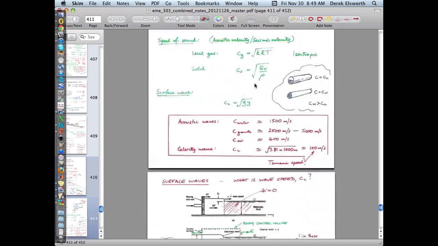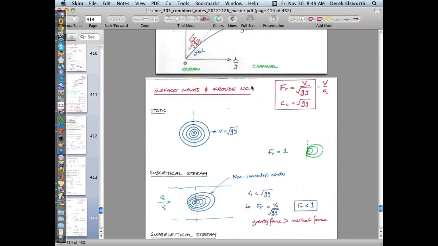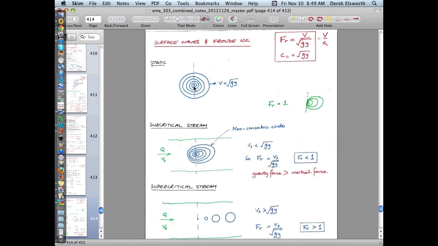And so if you think about dropping a stone into a pond, Treasure Lake, for instance, and looking at the velocity at which this comes out, the velocity is given by the celerity waves. It's the same velocity as a tsunami travels across an ocean. It's just the depth of an ocean might be 1,000 meters versus a stream which is relatively small, and so it'll scale with that. If you imagine that instead of being in a lake, the water is traveling underneath a bridge and you drop that pebble in,